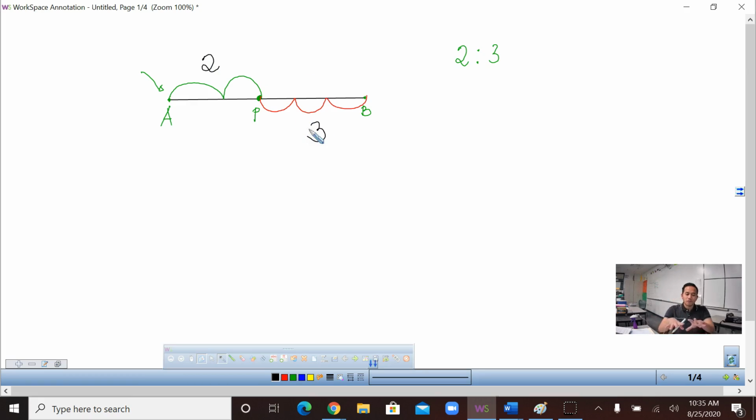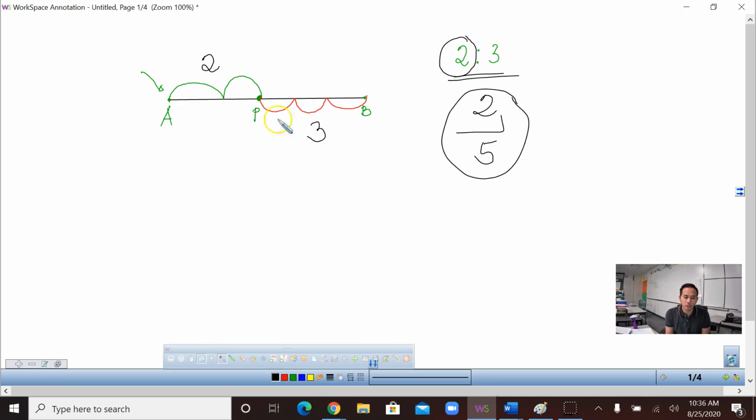So if you will convert your ratio into a fraction, you just get your 2 as your numerator and then add the 2 numbers, which will become your denominator. Therefore, if you look into this, that's 1, 2, 3, 4, 5. So it was partitioned 2/5. So the 5 will be as a whole, and then you partitioned your segment into 2 equal parts. But your A to P is 2 units